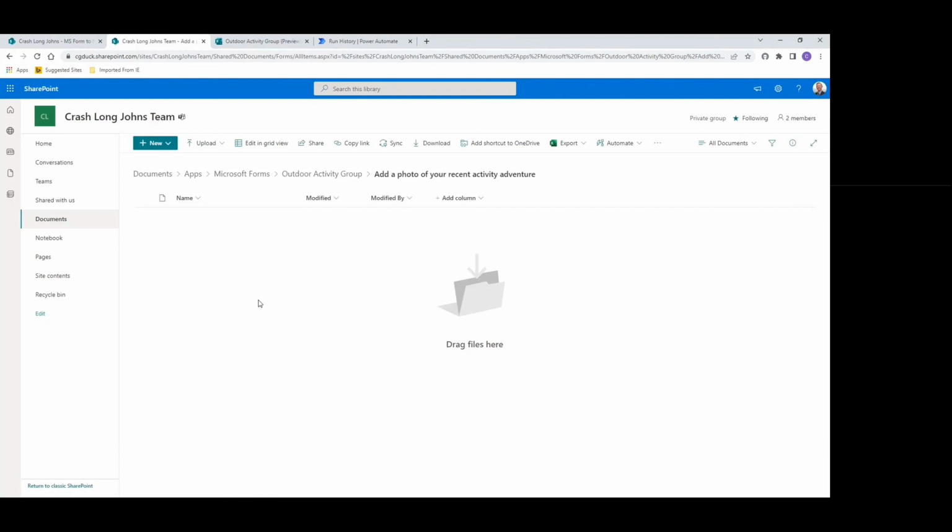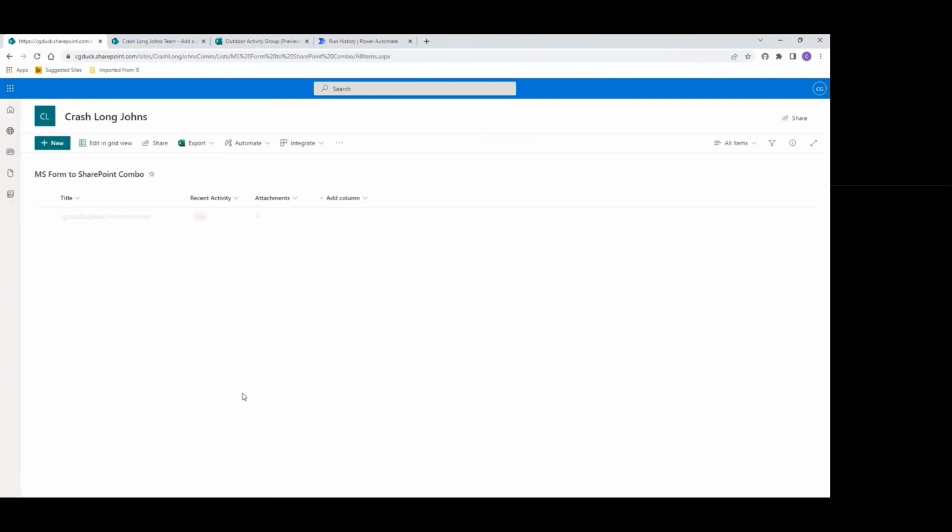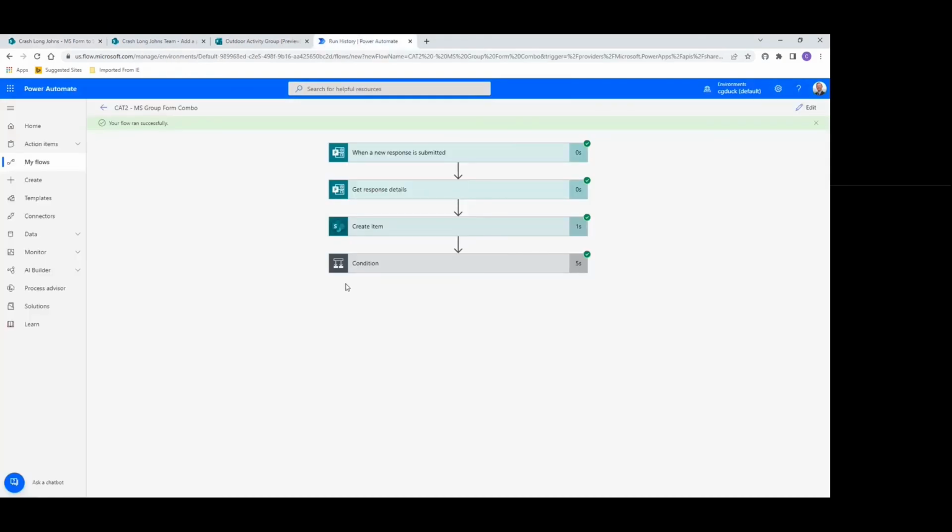So we don't have any attachments no longer in our document library area. That's good. And then if we go to our MS form combo and refresh, there is our one submission with our attachment. So it is doing exactly what it should be doing. So there you go. Those are the few differences that there is: you possibly have to get the file ID of the form to be able to do the when a new response is submitted, get response details, and then also where to actually find that file path that you need to put in for getting the attachment